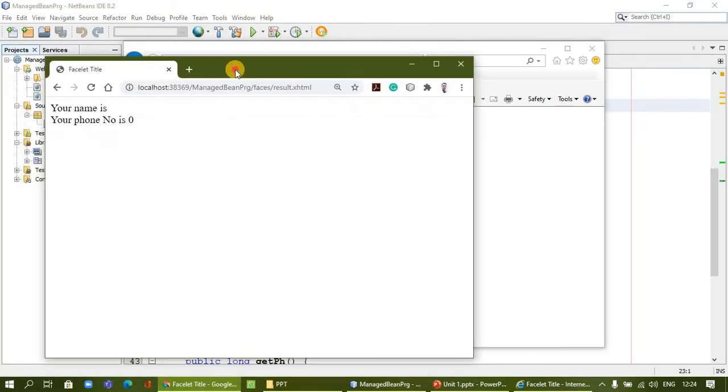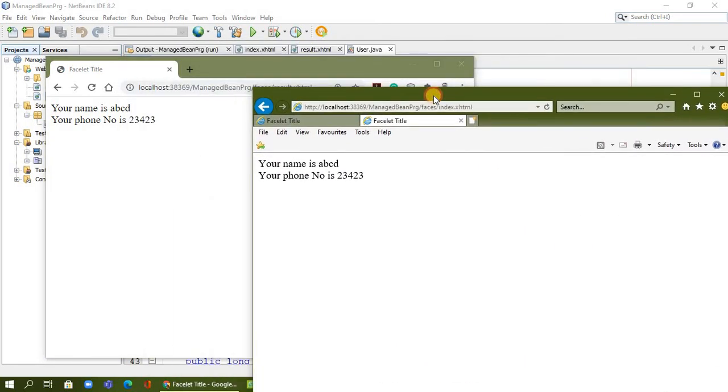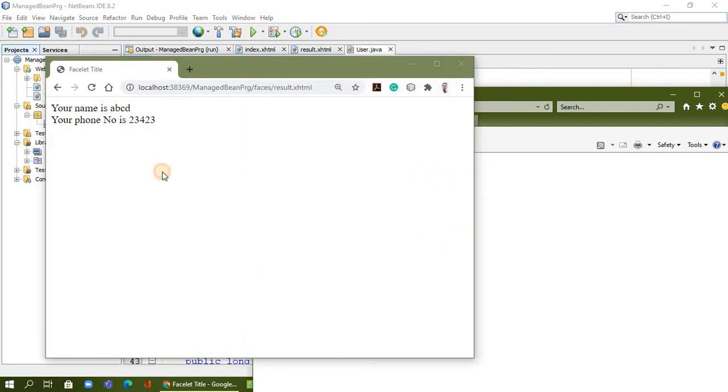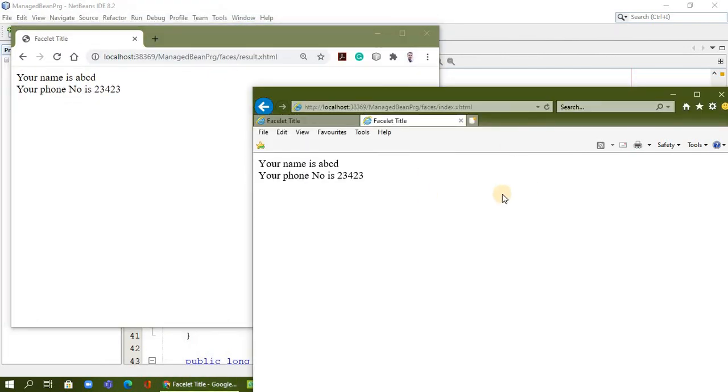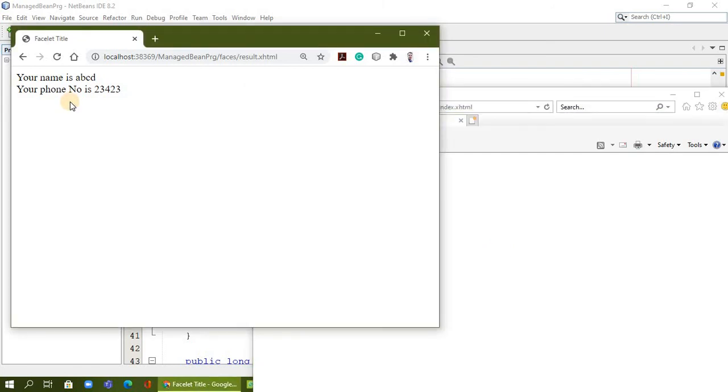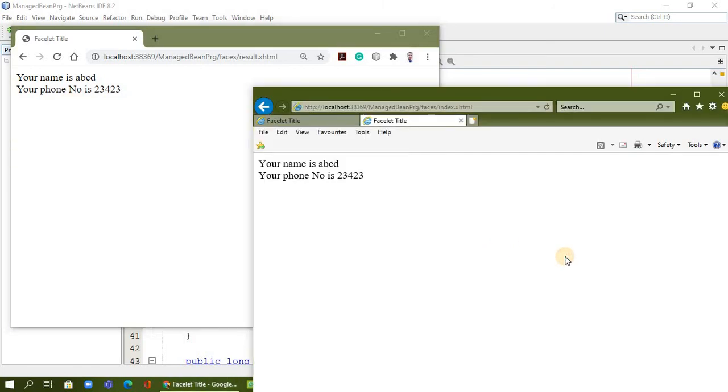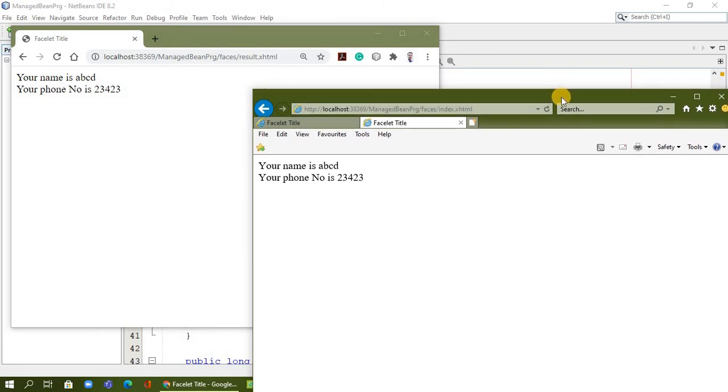This is another browser, a Chrome browser, where I'm going to execute. You see, this is a different browser. One browser is connected, and you can have multiple requests here. So what I entered in the Edge browser is coming to the Chrome browser. What does it mean? At the application level, from the web server, any number of users can communicate and access this data. So this is application scope.